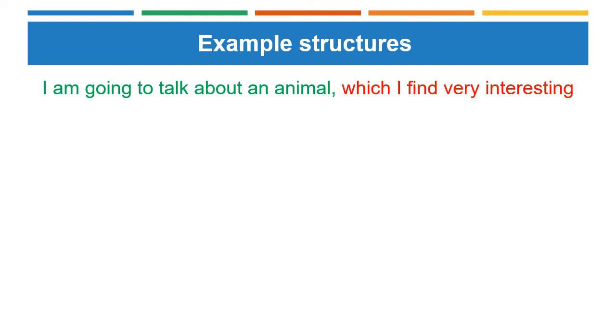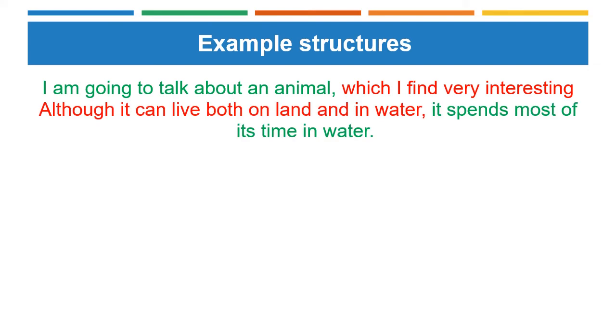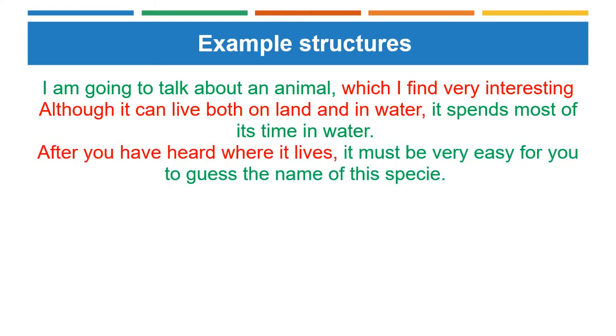Let's write one paragraph containing only complex sentences by using some of the words from the list of the subordinators that we saw a while ago. I am going to talk about an animal which I find very interesting. Although it can live both on land and in water, it spends most of its time in water. After you have heard where it lives, it must be very easy for you to guess the name of this